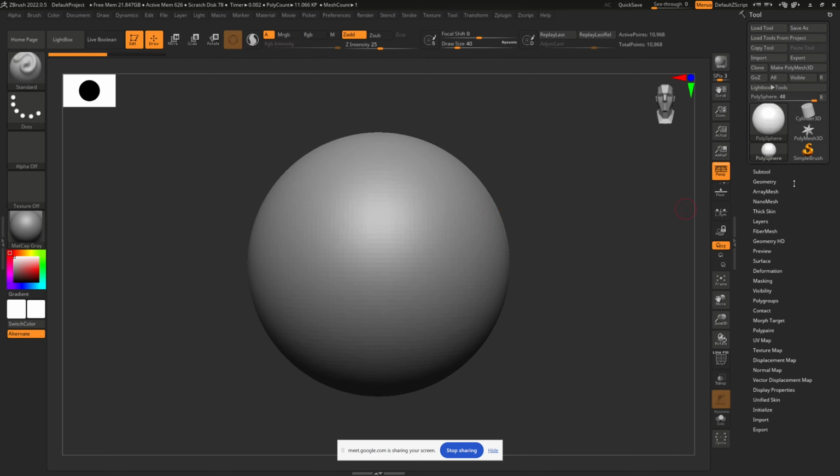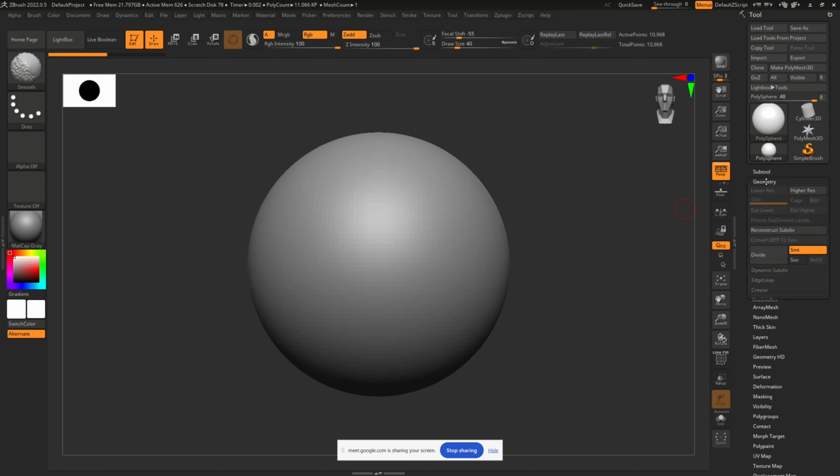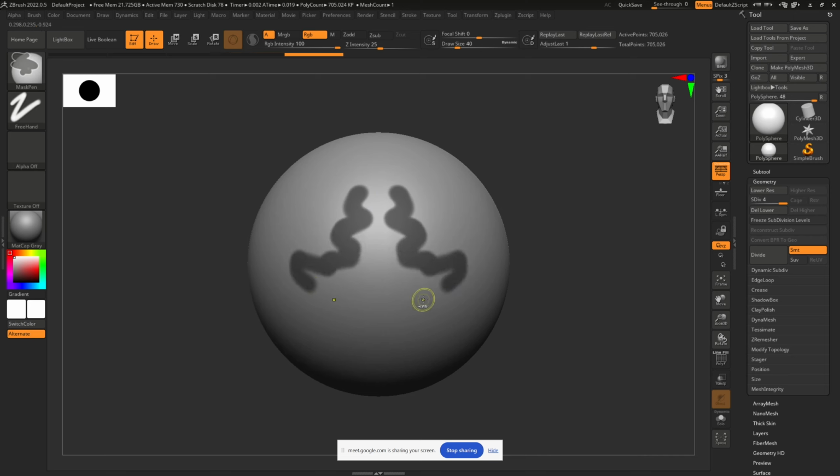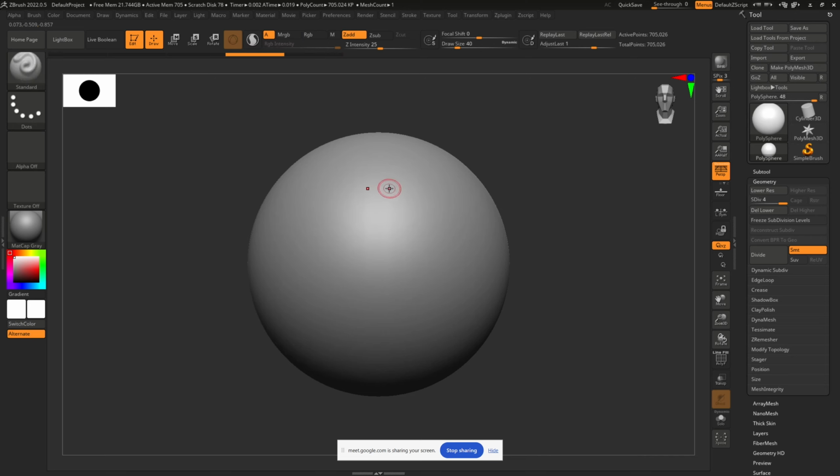To remove the pixelation, what you can do is just hold Shift, click on the geometry, and just subdivide this 1, 2, 3. And now if I press the Control key and try to draw some mask, so now it is going proper. Okay, so